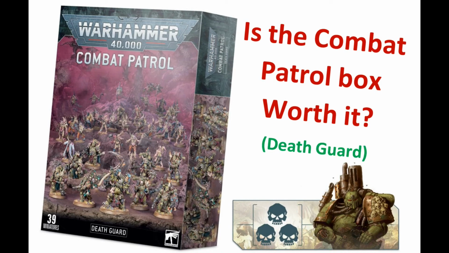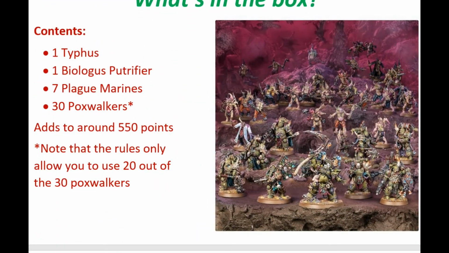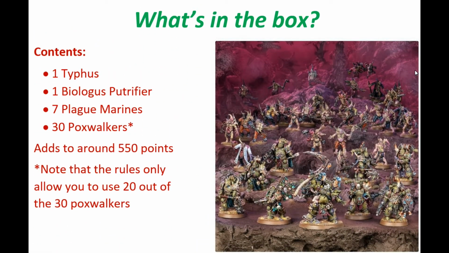Is the Combat Patrol box worth buying when starting your Death Guard army? So the Death Guard Combat Patrol box contains your main HQ, which is Typhus. He's a melee lord and character, as well as an elite character, the Biologus Putrifier, and then the main troops, which consist of 7 Plague Marines, which are the slightly heavier infantry, and 30 Poxwalkers, which are the slightly lighter